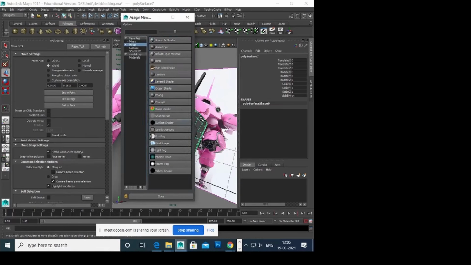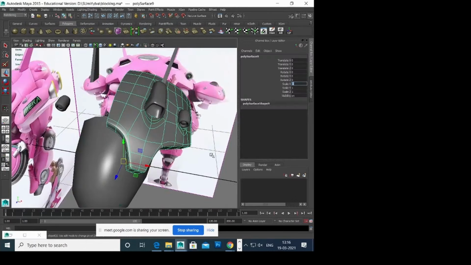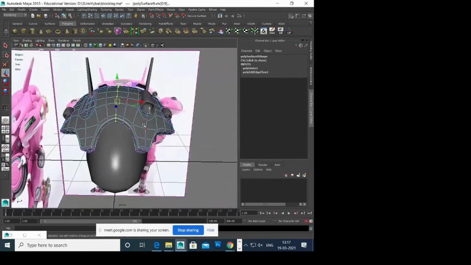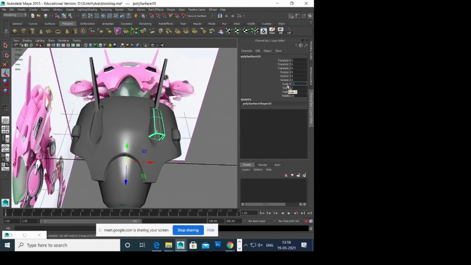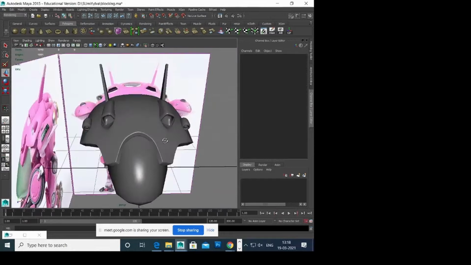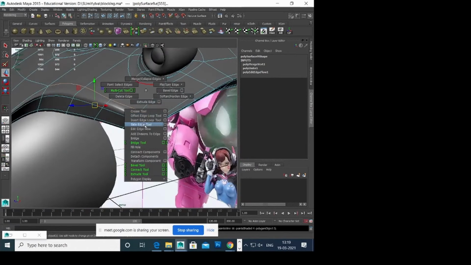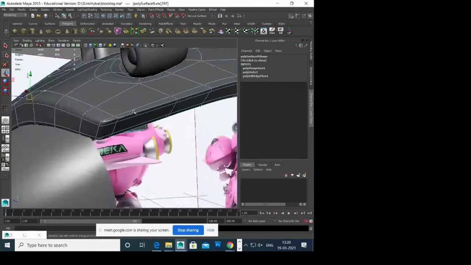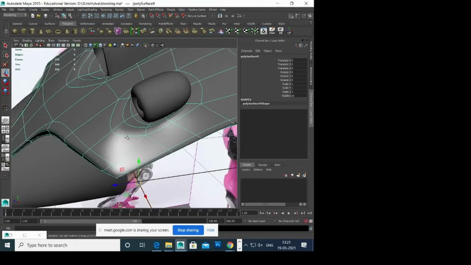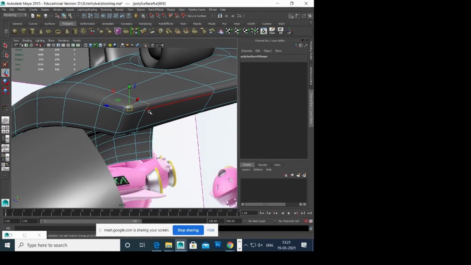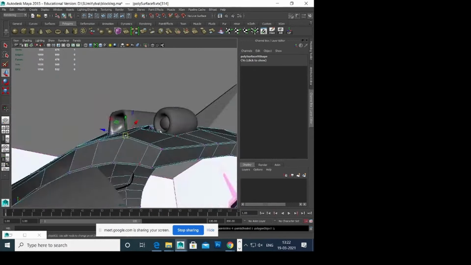Then to check the model, I'm applying a shiny material and checking for all the pinches or any artifacts or any unwanted shading, because shading should not be there. So clean it properly. Align all the edge loops, the distance and everything properly. You can see there is a little distortion, so I'll fix that.